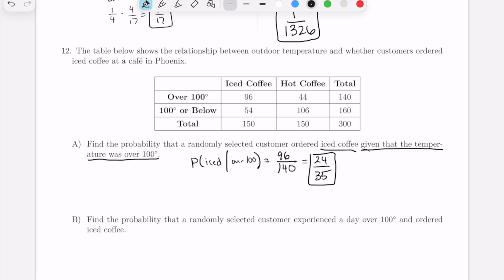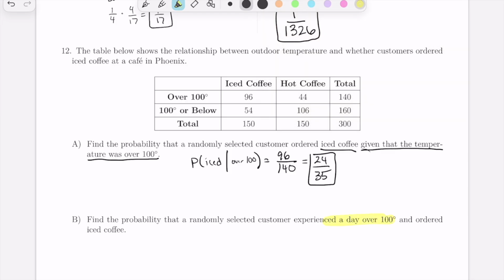Notice that there is no word given, and nothing was implied that something was guaranteed to have happened. We actually want both of these events to happen. We want A and B to happen. And the really nice part about doing this in a chart is that if we look at